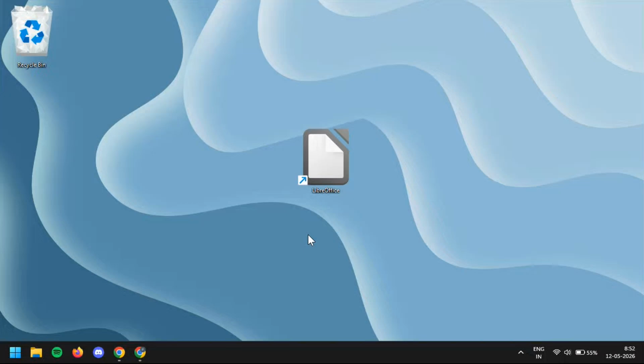If you work with large spreadsheets in LibreOffice Calc, this simple feature can save you a lot of time. In this video, I'm going to show you exactly how to split a window in LibreOffice Calc so you can view different parts of your sheet at the same time. This is super useful when you want to compare data, keep headers visible, or move through a long spreadsheet without